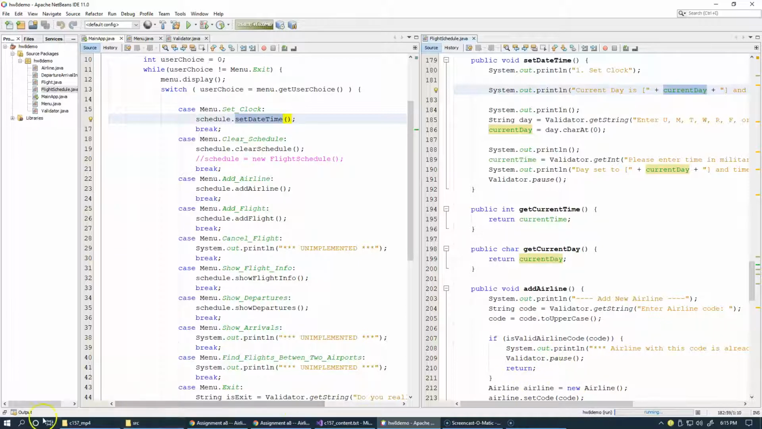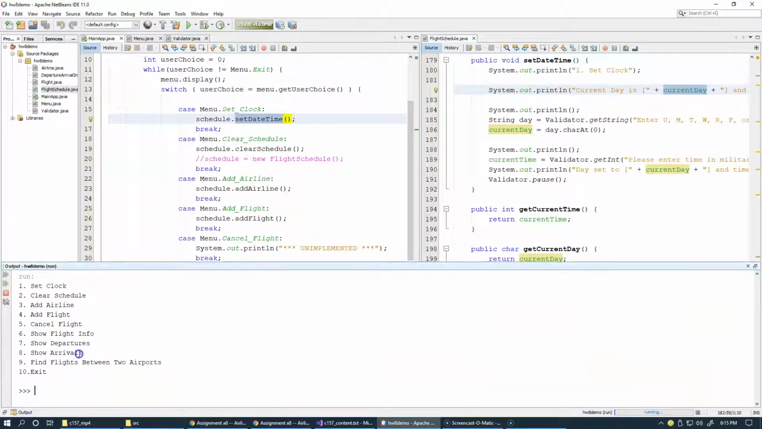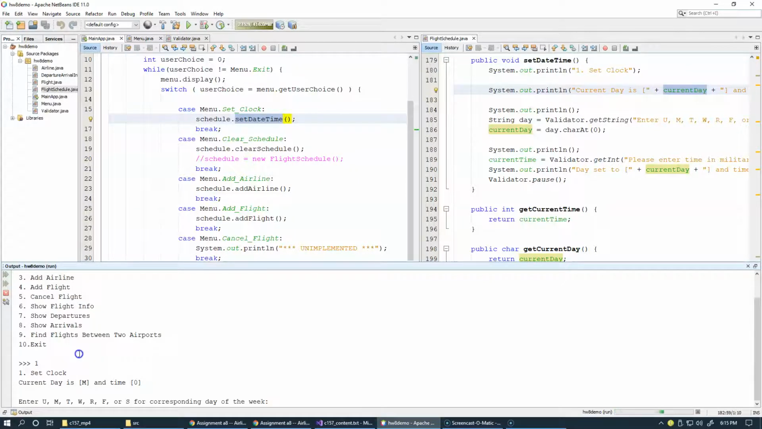So we reopen our output here and we try to set the clock. Here it goes and says current day is Monday and the time is 0. So just the time gets initialized to 0, which is midnight. And now we have a choice right here to get a string from the user, and we are asking for Sunday, Monday, Tuesday, and so forth, and we just ask for a specific code. So for instance, we can enter Monday or Tuesday. Let's keep it Monday,